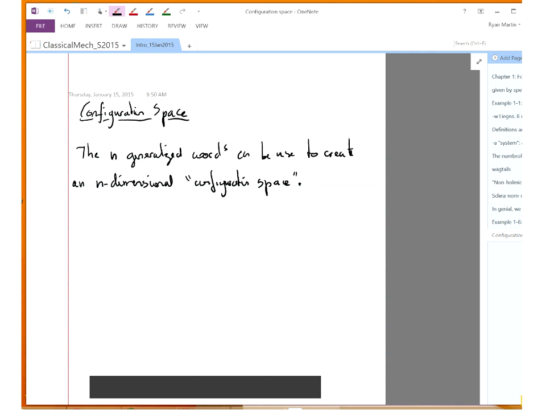But you could think of two particles in 3D space. You can define that system by specifying 6 numbers. So you can imagine a 6-dimensional space where a point in that space defines the position of the system. In that case, it's 6 numbers and it specifies 2 different positions. Right? So then, a point in configuration space